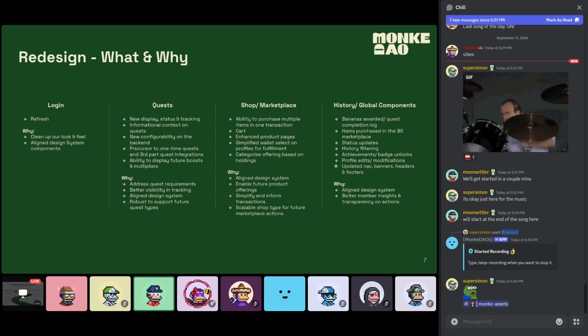You can kind of see the points here, but TWX will actually walk through the actual Figma designs and the screens so that you can get a better sense of what exactly it is that we're talking about. Keep in mind that these are designs. These obviously are in development or are going to be delivered pretty soon within development on the actual Banana